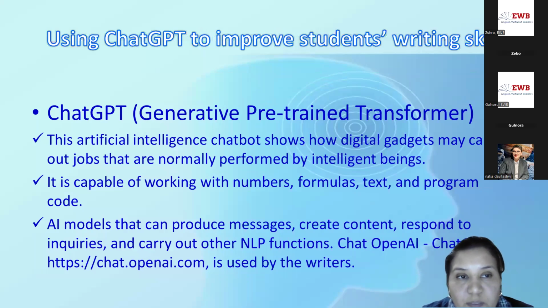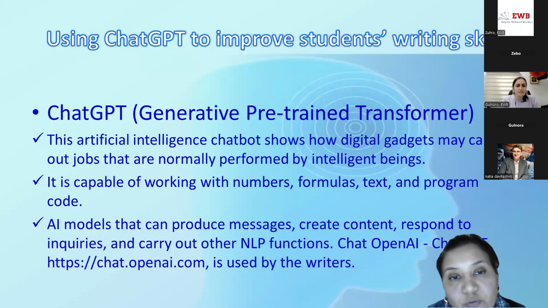Okay, ChatGPT. ChatGPT is an abbreviation, and the full name is Generative Pre-trained Transformer. This artificial intelligence chatbot shows how a digital gadget may carry out jobs that are normally performed by intelligent beings. It's capable of working with numbers, formulas, text, and program code.